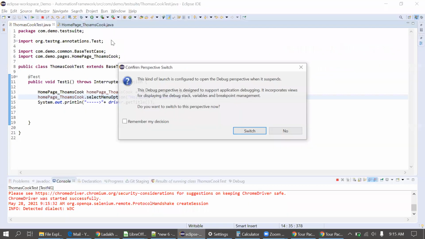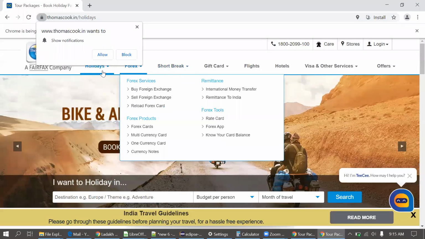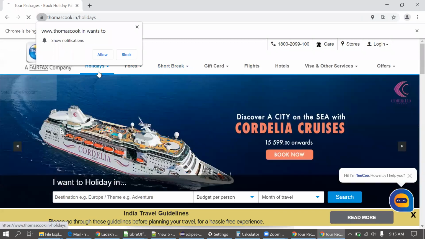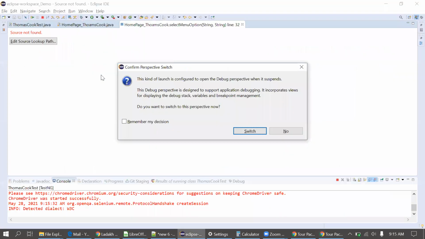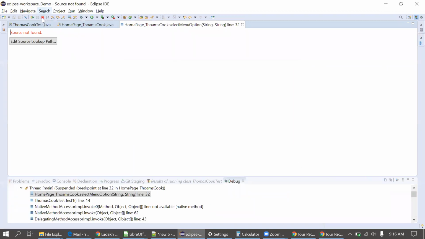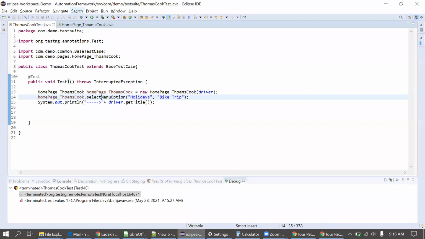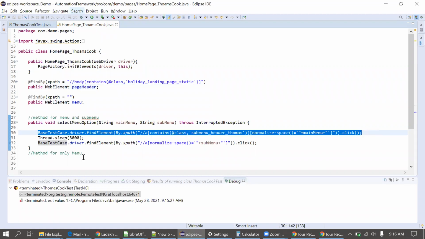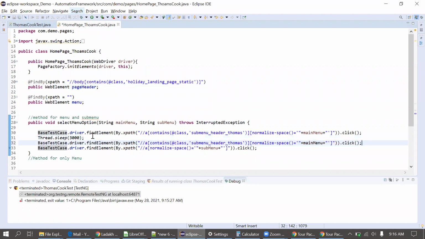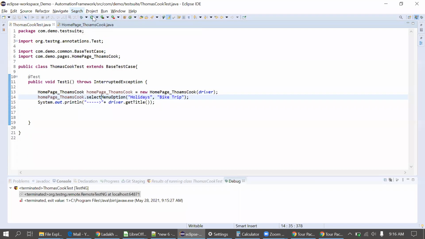Clicked on the holiday, that's fine. Okay, let's click on holiday again. Again, we have to click on the holiday option and then this menu will appear. Fine. That is my observation as of now. I will put this line twice now, after the sleep. Okay, now I'll execute and check in run mode.